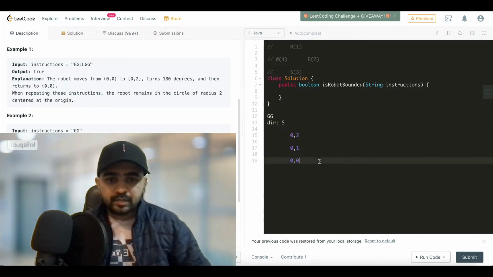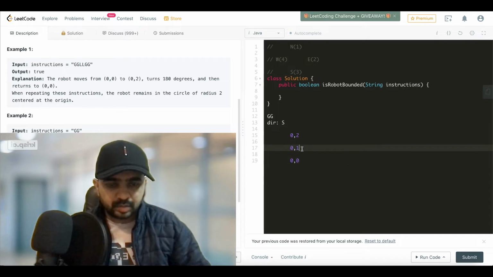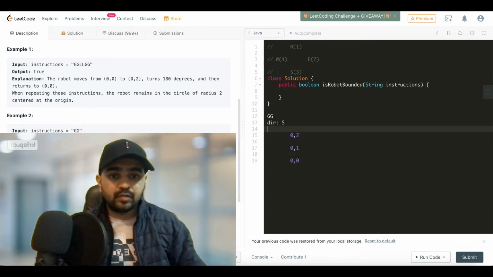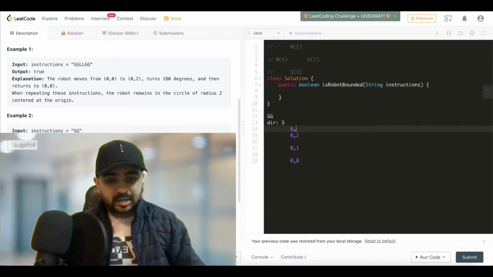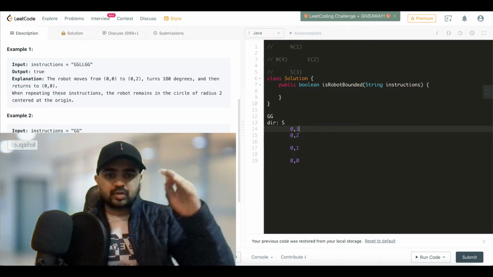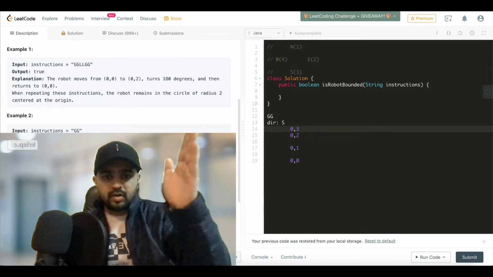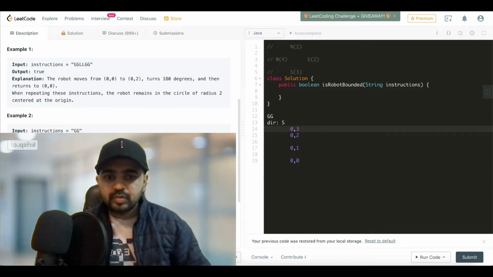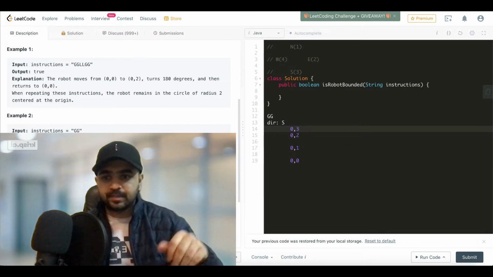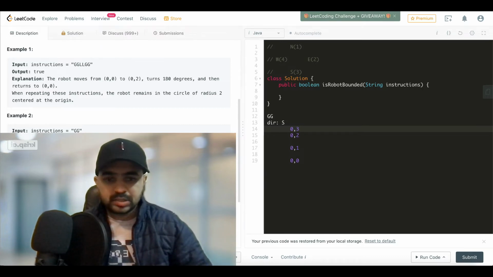So what we do here, for the first time we move from 0, 0 to 0, 1, because it's facing north. Then we move from 0, 1 to 0, 2. So we are finished with one set of instruction. Now if we try to repeat it, it will go from here to 0, 3, and in the same way it will go to 0, 4, 0, 5. So it will not ever stop, and it will keep on moving in the north direction. So that's the issue. We cannot form a circle of any radius in which this robot will always stay. So that's the problem. Let's try to solve it.